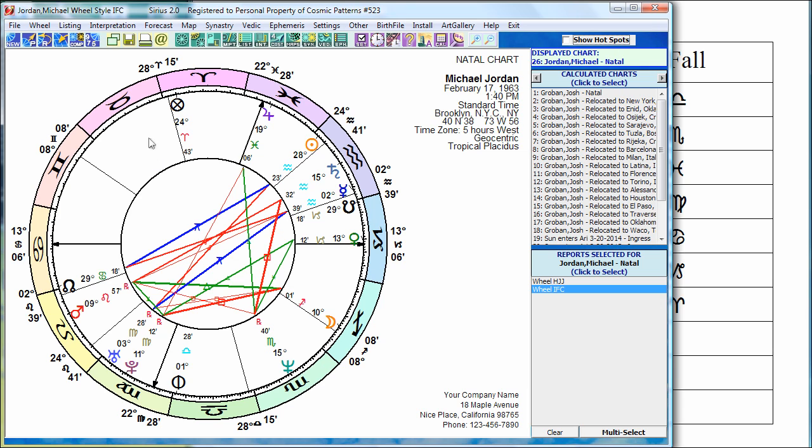It rules Taurus, which is over here, which is the 11th house, and it rules Libra, which is over here in the 4th house. It means that Venus wants his relationships to be beautiful, to have a good relationship, a romantic relationship, and a beautiful home. Although most people would actually say you don't want to really look at what house it's in so much